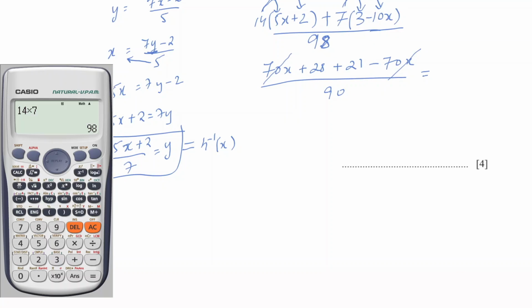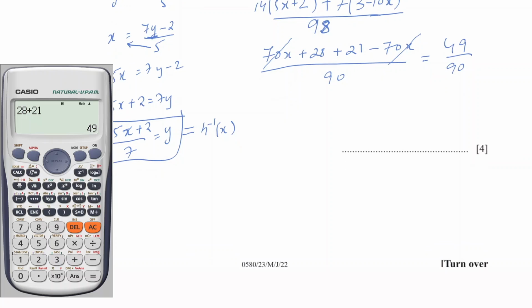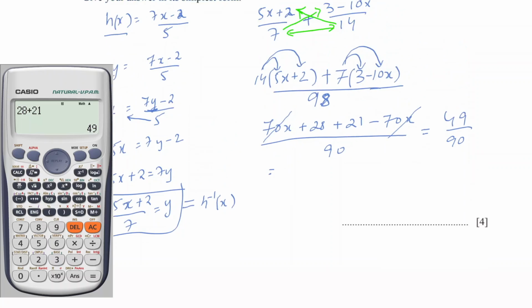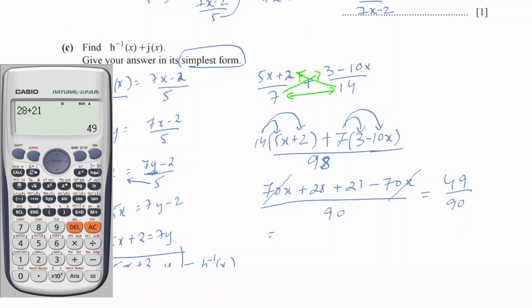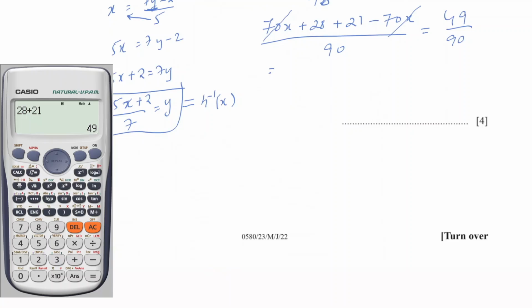So 28 plus 21, we have to add it. That gives you 49, and 49 by 90 should be the answer, but we are asked to find the simplest form, the least form. Using a calculator itself we can do it. So we will write 49 divided by 90 and press equals, and it will automatically give us